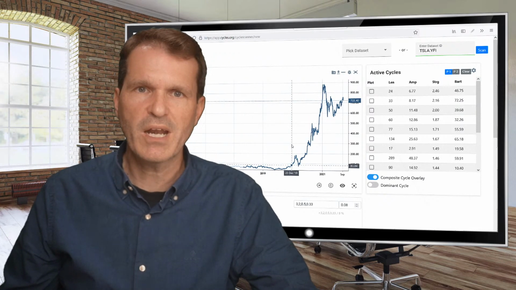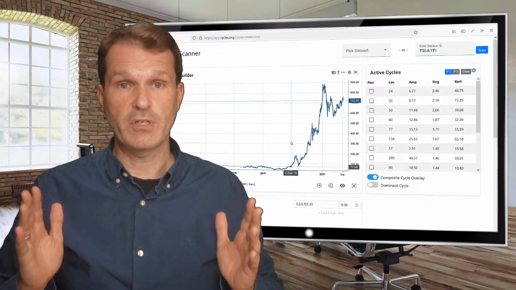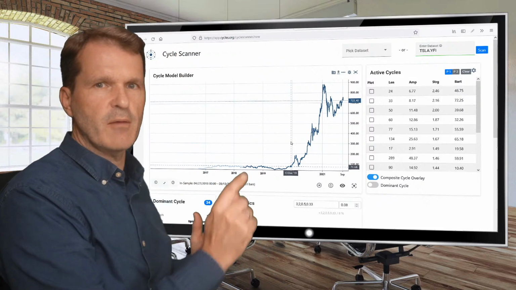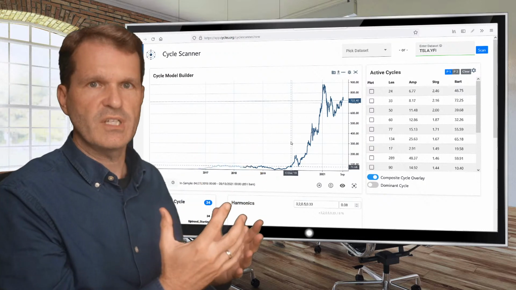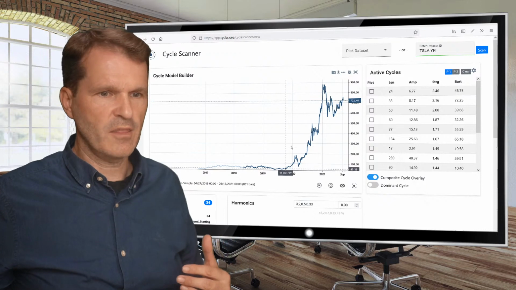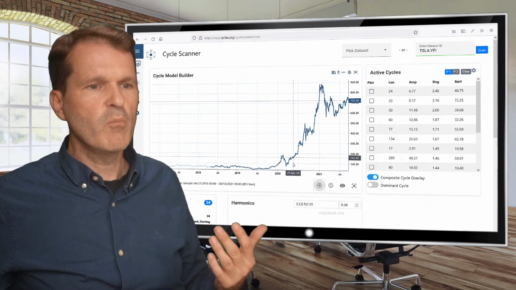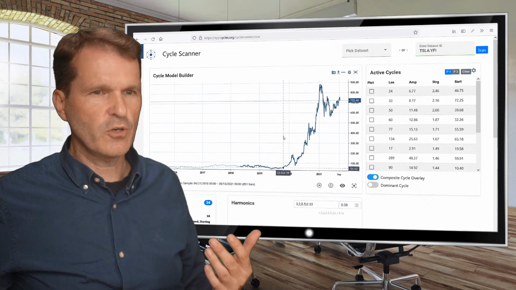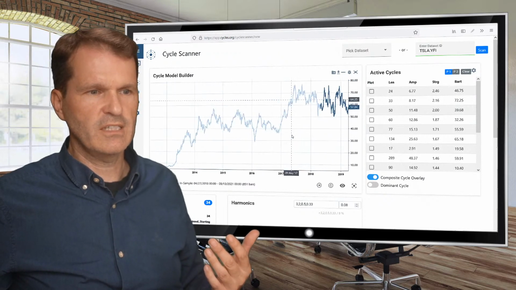So the next topic might help: add more history to your data set. Maybe if you add a longer historical data set, you have some ups and downs in this data set, which would help to identify if there have been cycles in the past. So you could load more data into the cycle analyzer here.